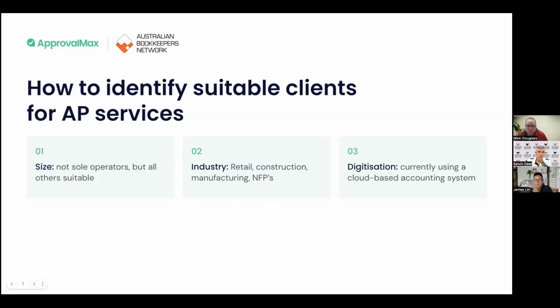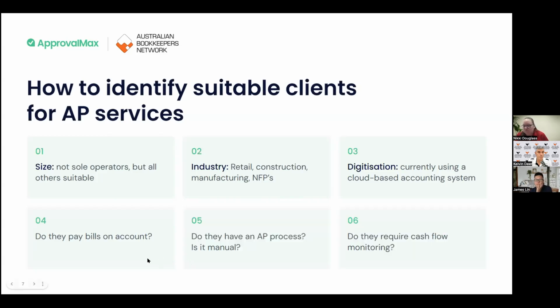Nikki, what are the questions you ask to assess whether a client is suitable or not for an accounts payable process? Usually my first question is, do they pay things on account? If they are primarily a cash-based business, and not cash as in intangible cash, but they're just paying their bills as they come in and have that in and out churn, there's potentially not a need for an AP service. But if they pay anything on account, particularly end of month, 30 days end of month, that's always a good key that this might be a potential service that they need.